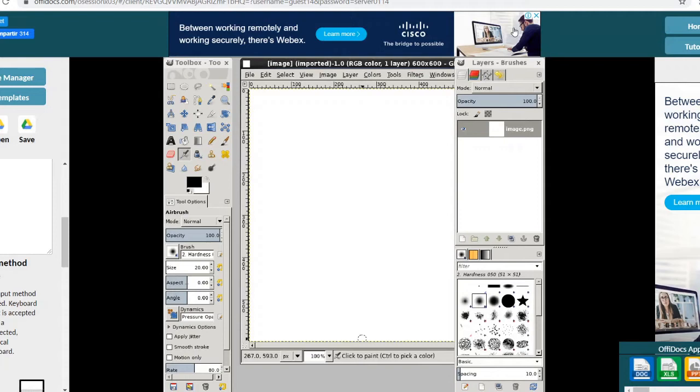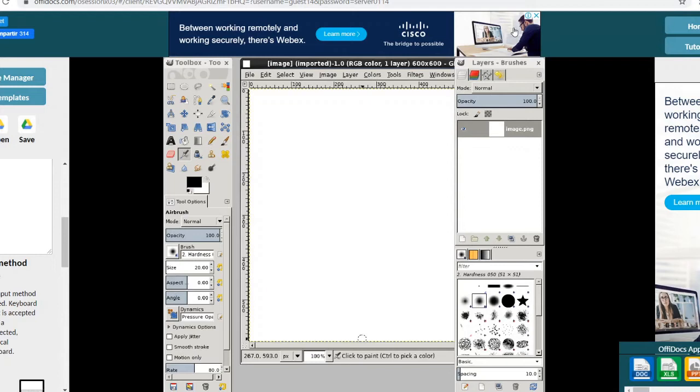You can download the GIMP installer from my description box, where I have given the link. Clicking the download GIMP link, you will be able to install it.